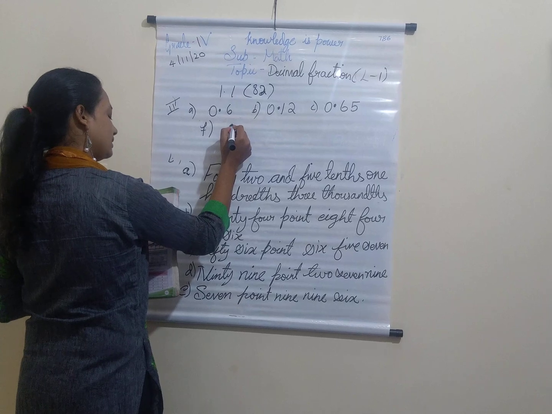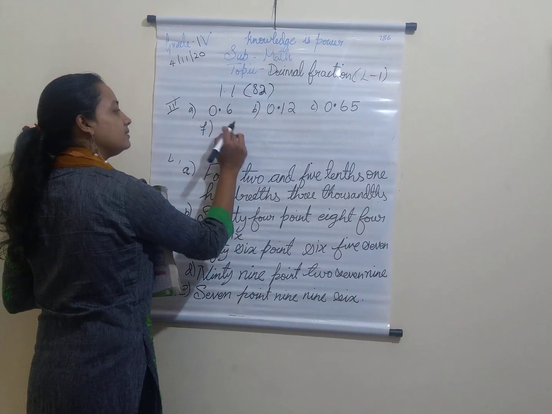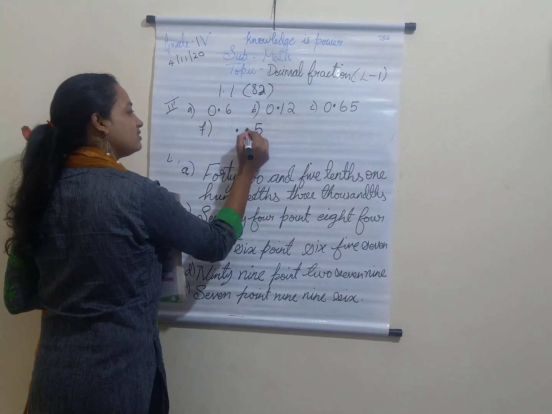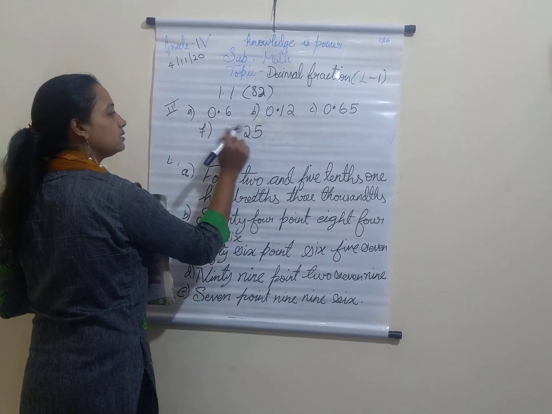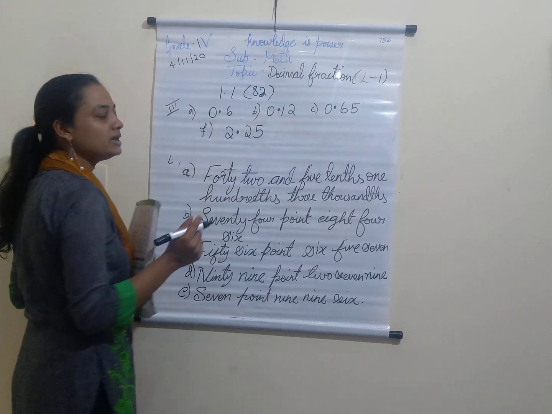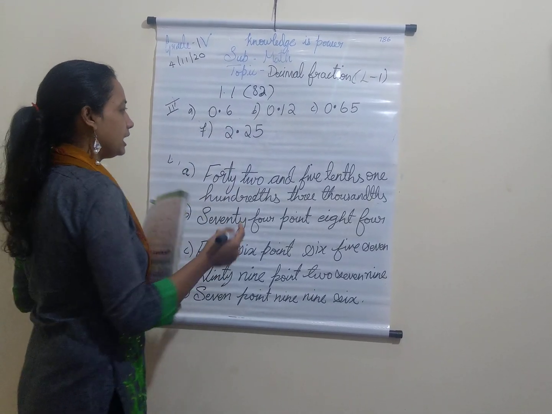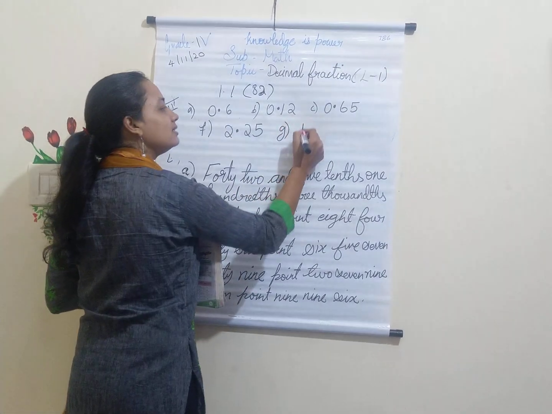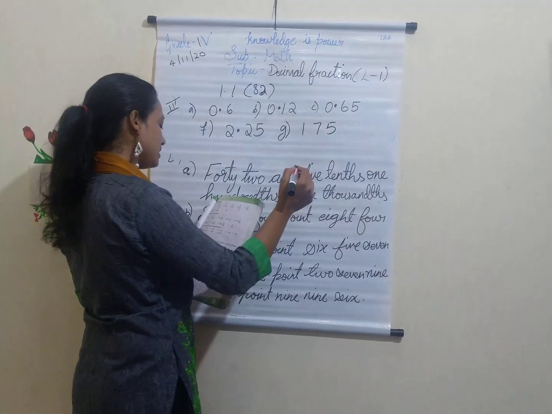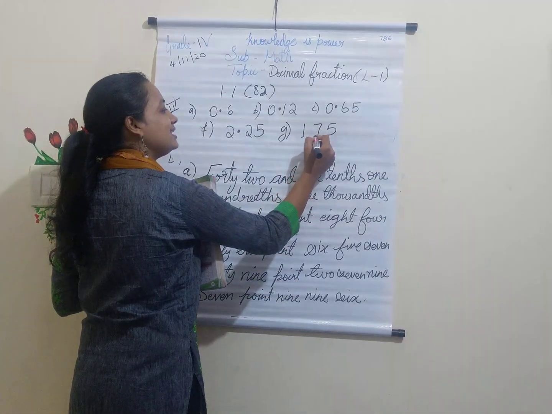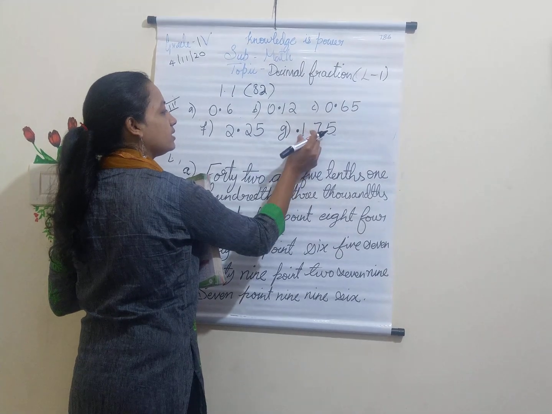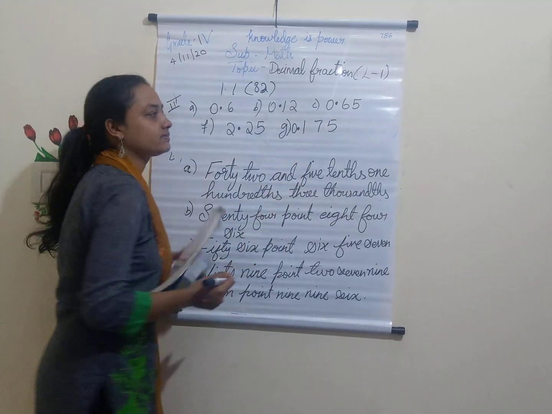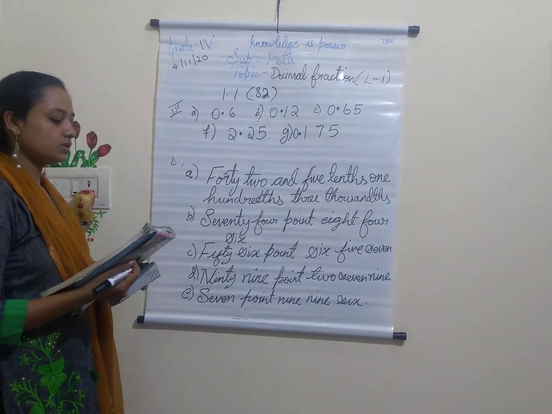It is 225 by 100. Means after decimal point I should have 2 numbers. So I will write 5 and 2 here, 2 numbers. And the left over number will be my whole part. I'll show you one more in that. G. I have 175 divided by 1000. So this number should be after my decimal point. So the answer will be 0.175. So the other sums I want you to try it out.